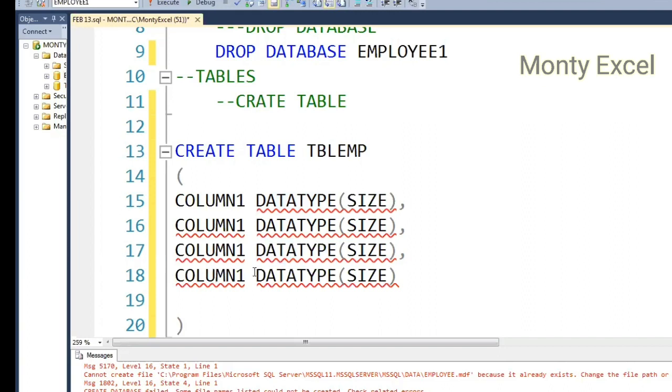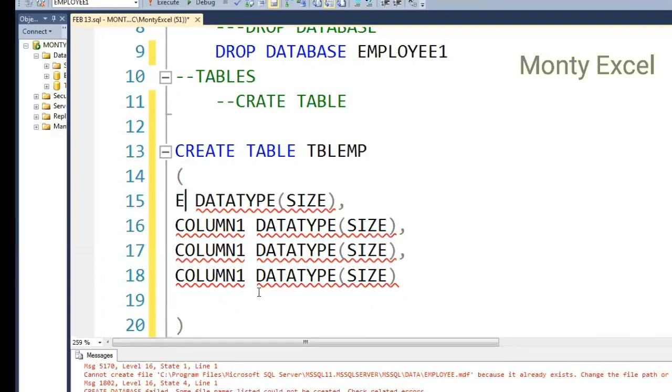A fourth one, date of joining. It is not a string, it is not a number, it is a date format. So most of the time you'll be using these most frequently in any programming language. That's my observation. Either you'll go for the number, you'll go for the string, or you'll go for the date format. So this is how I quickly created my table, but this is not sounding good because we have to